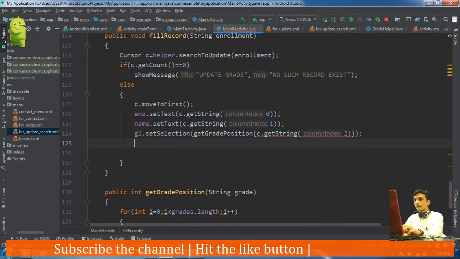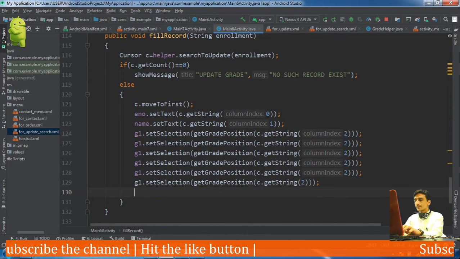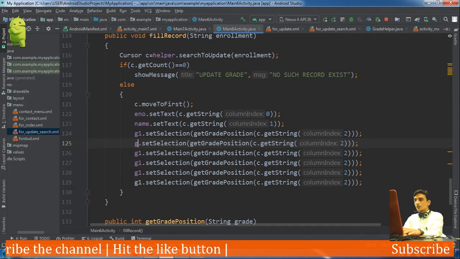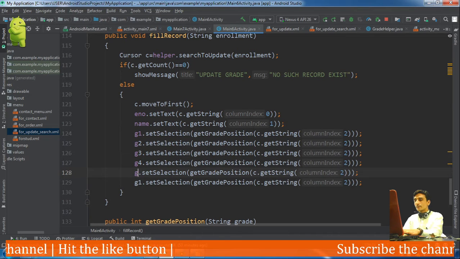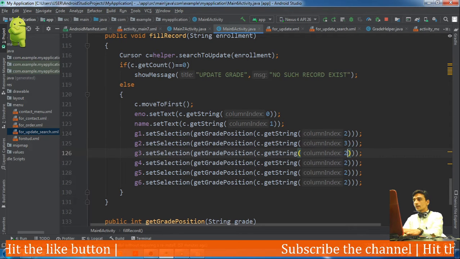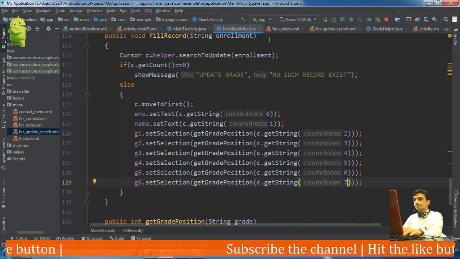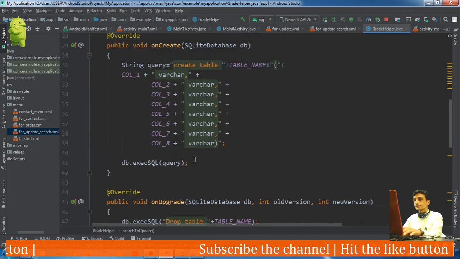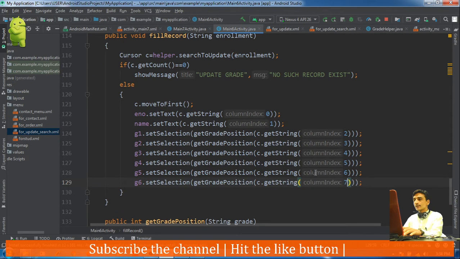In this manner we will perform for all the spinners 3, 4, 5 and 6. Here 2, then 3, then 4, then 5, then 6. All the grades will be shown here, 3, 4, 5, 6 and 7. There are 8 columns, so it ends at 7.